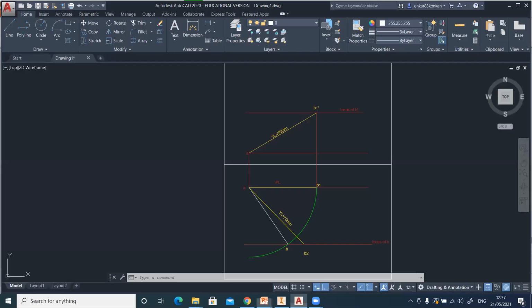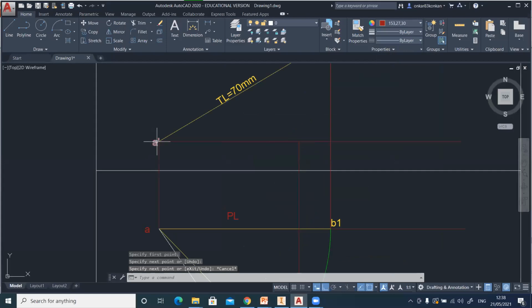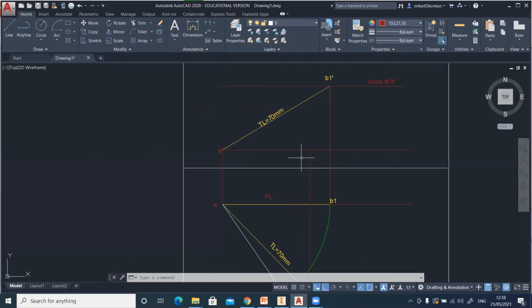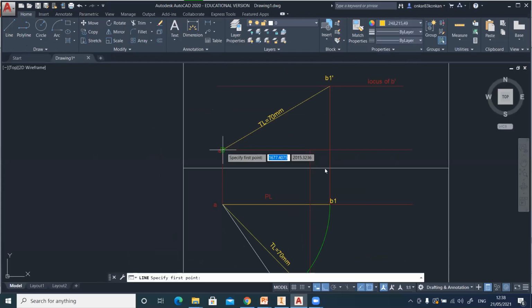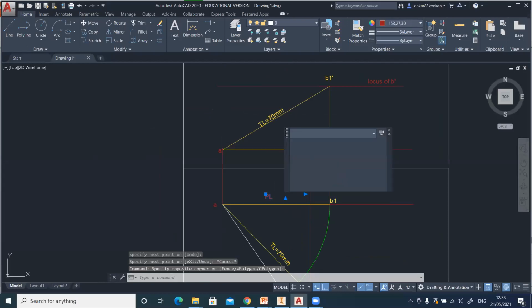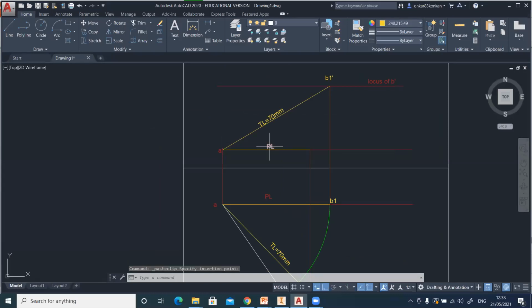For the elevation length, just take the projection from the point B2 in the front view. From point B2, draw one vertical line, which will intersect this line passing from A dash. Now, if you join these points, it is nothing but the true length, sorry, the elevation length. So this is the elevation length. Elevation length is equal to the actual front view.